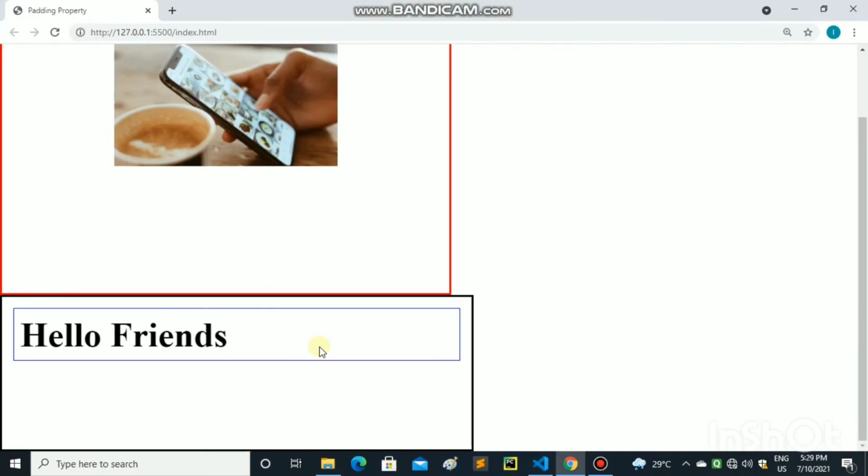As you can see here, I have taken two divs, and in the smaller div I have written some text as hello friends, and I have given it a border of 2 pixel and its color is blue. The space between the text and the blue box is the padding added to the text, and I have given the padding as 5 pixel so that it looks better.